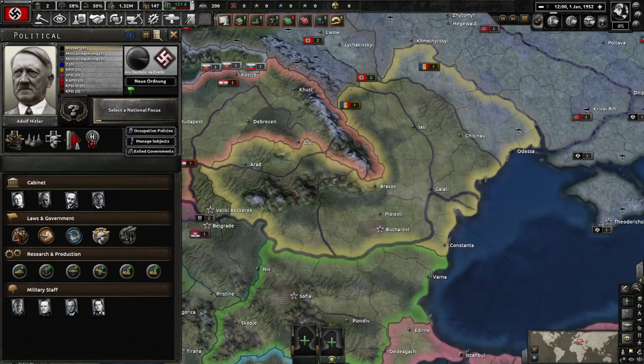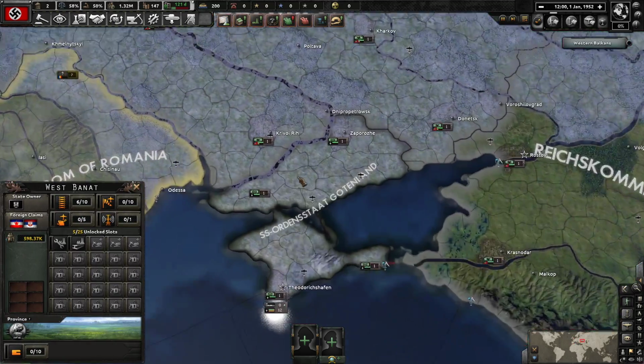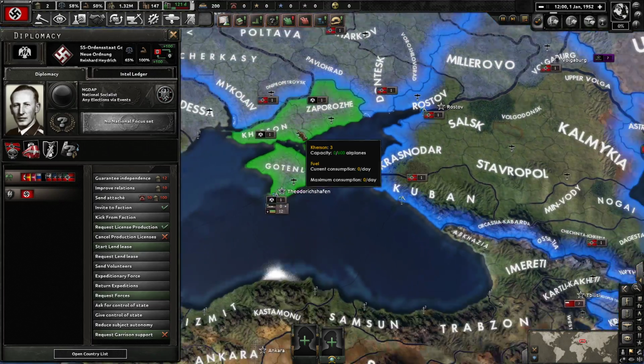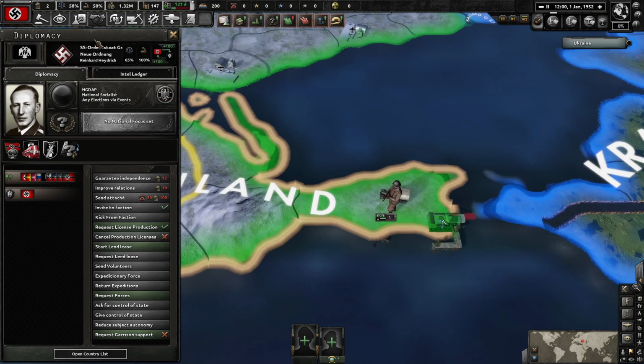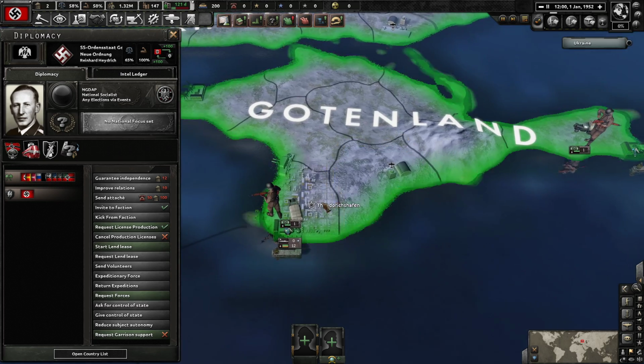Yeah, just be an SS state in Banat. It's there. The other great SS state is Crimea. Now, if I recall my German occult Nazi history correctly, the Germans did have this weird thing for Crimea. As you can see here, it's called SS Ordnungsstaat Gotenland. This is because, of course, if you've played